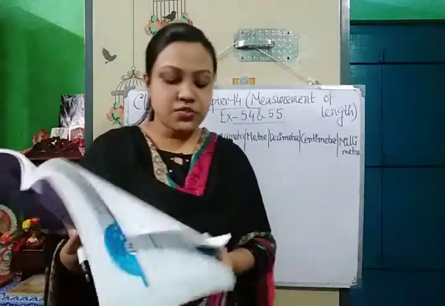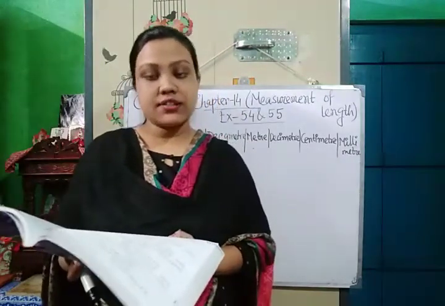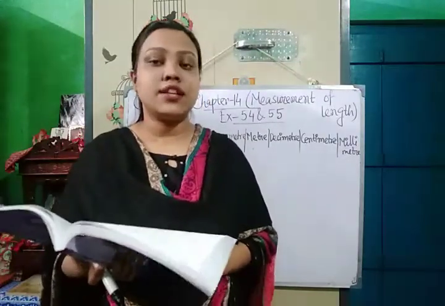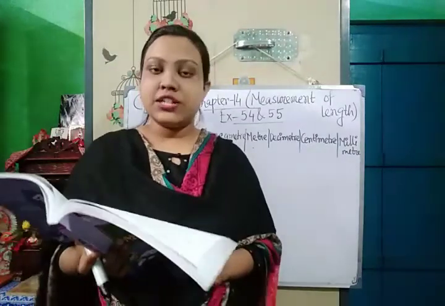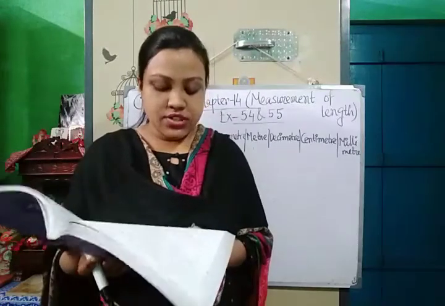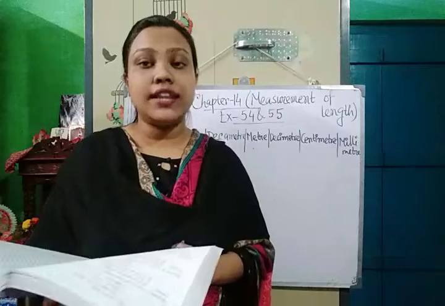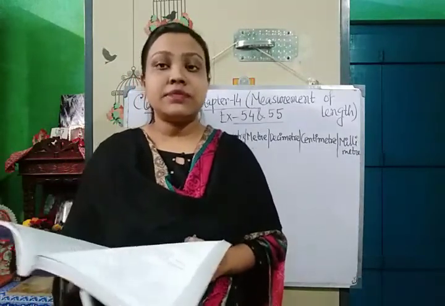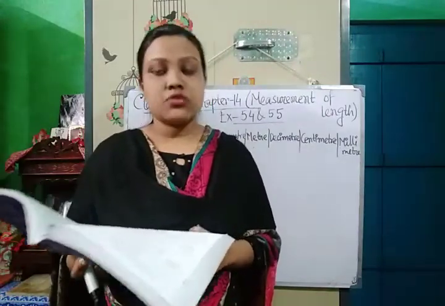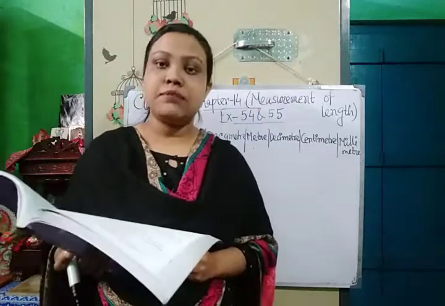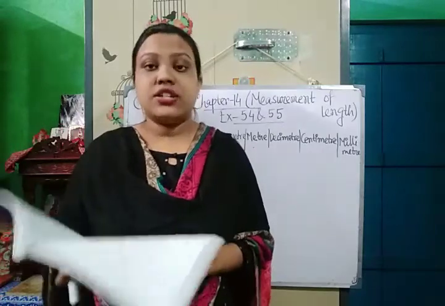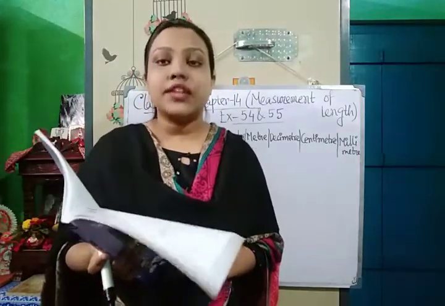So first one is, which is a better unit to measure the following. So A is length of a cell phone. So a cell phone's length must be measured in the unit centimeter. It's already given. Second one is breadth of a playground. Breadth or length of a playground is measured in the unit meter. So it will be meter. Then height of a volleyball pole. So I have told you that height of anything we can measure by using the unit meter. Distance between Delhi and Chennai is measured in kilometer.